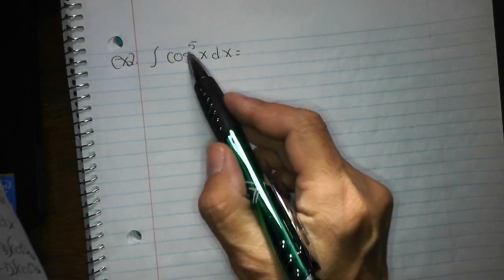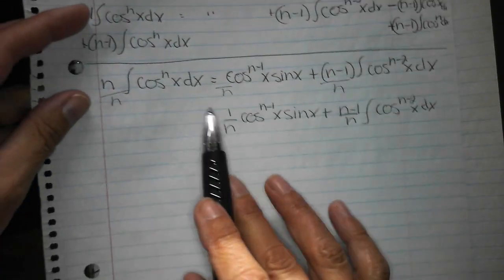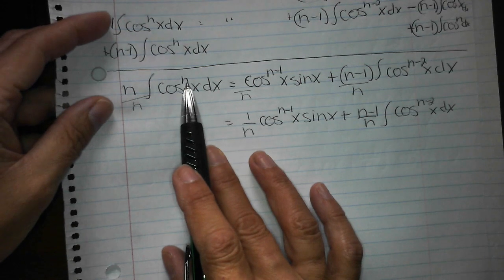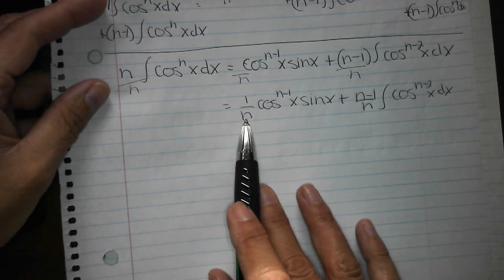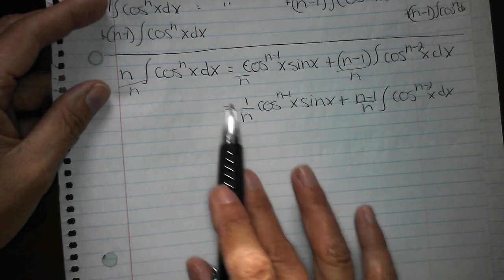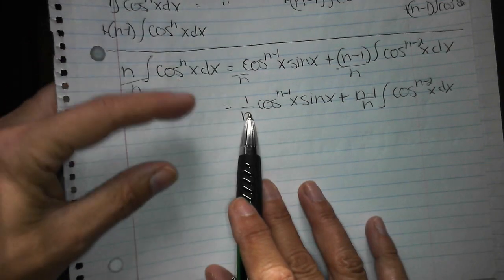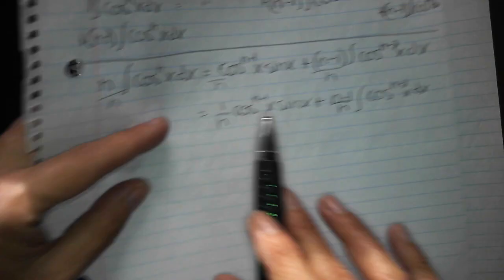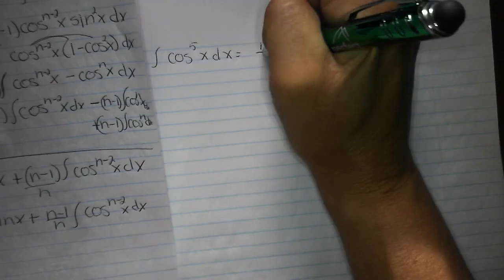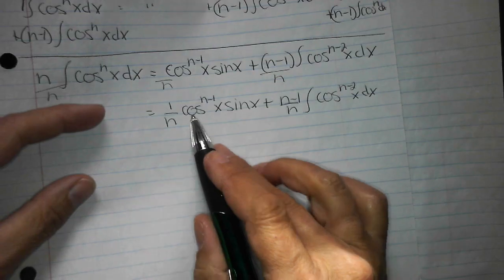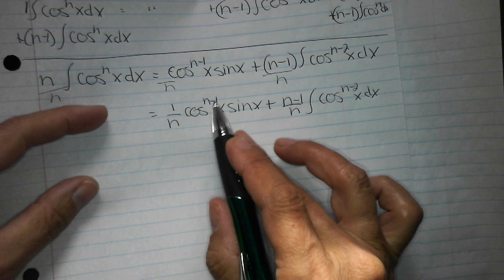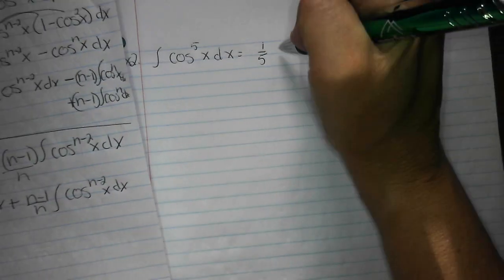So when I get the reduction formula, my n is 5. When I go through this, my n is going to be 5, and then I just go from there. So following the formula, it starts out 1 over your n. So that'll be 1/5 cosine to the 5 minus 1, I'm just going to make that the 4th,